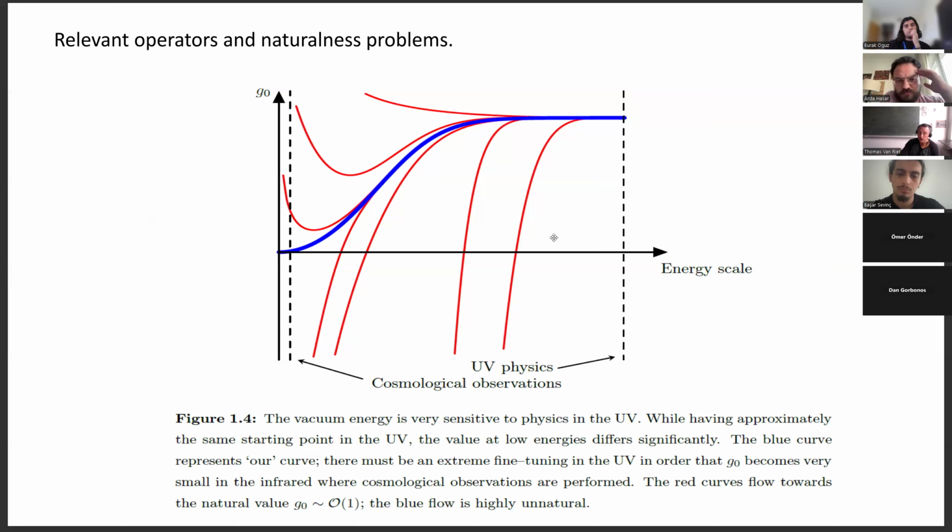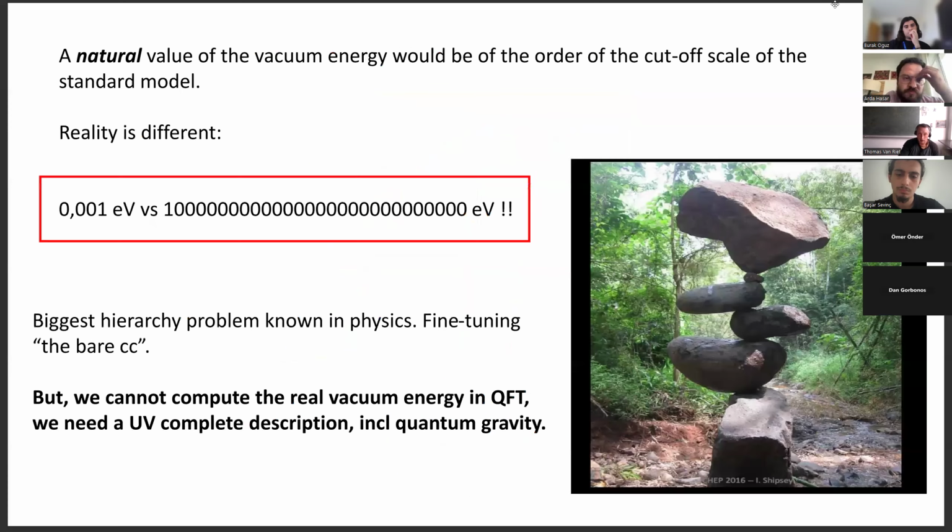So that's really the definition of the hierarchy problem. It's the UV sensitivity, okay? So a natural value, what we call naturalness, roughly speaking, is to say we don't do this fine tuning, right? Why would there be this fine tuning? But if you don't do that, the natural vacuum energy would be, famously, this huge amount of energy in electron volts instead of the observed 0.001.